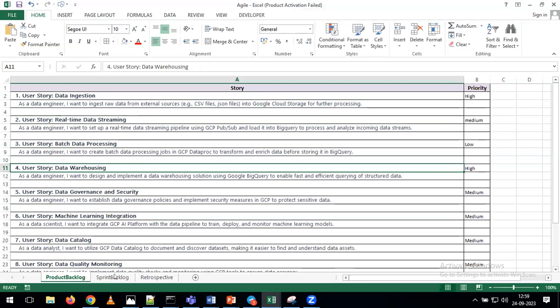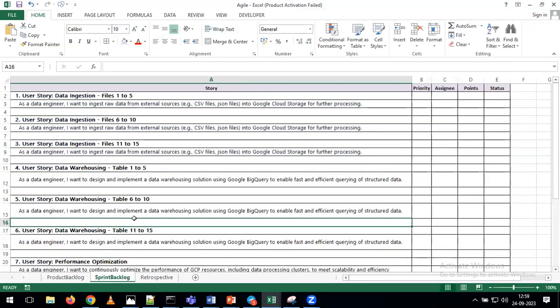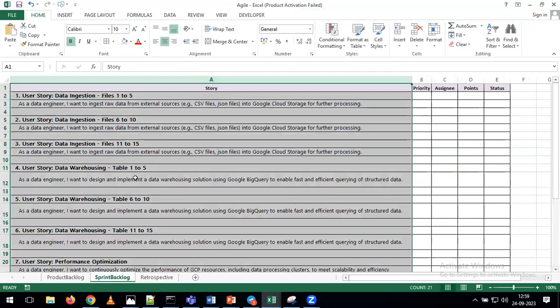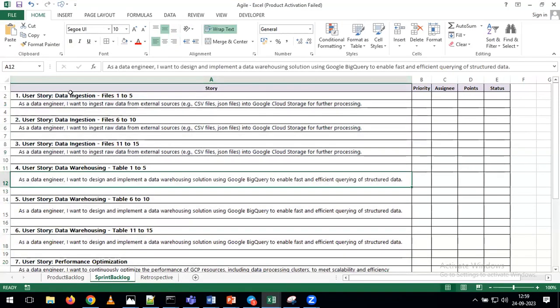With this, go back to the sprint backlog. Now see, all these are the stories we can see on top of your backlog. Look at the first story and try to explain to me what we are doing as part of the first story here. In the first story, what am I doing? User story. What type of story is this? Data ingestion. In this story, how many files are we going to ingest? File 1 to 5. If you see the summary and description here, I'm saying that as a data engineer,